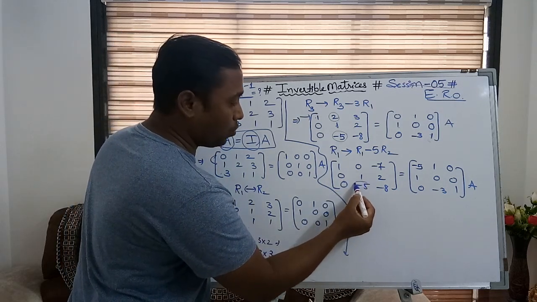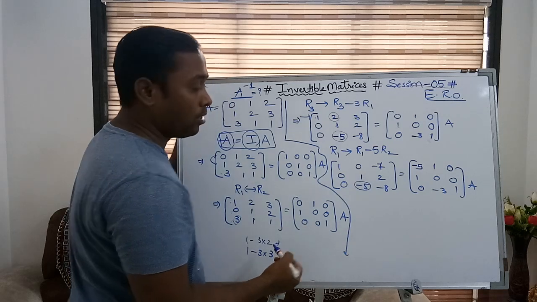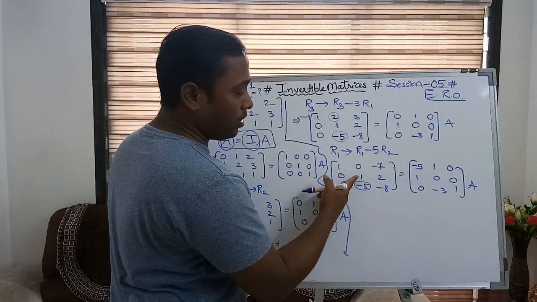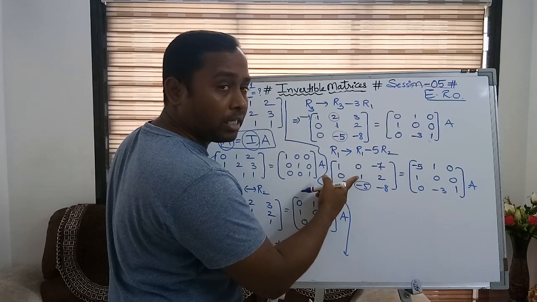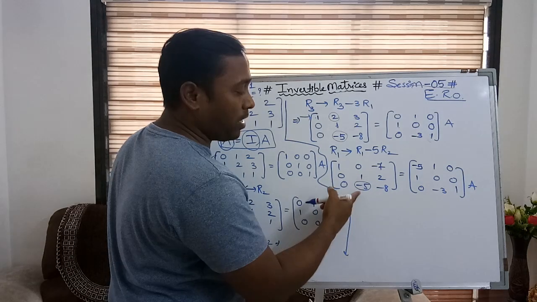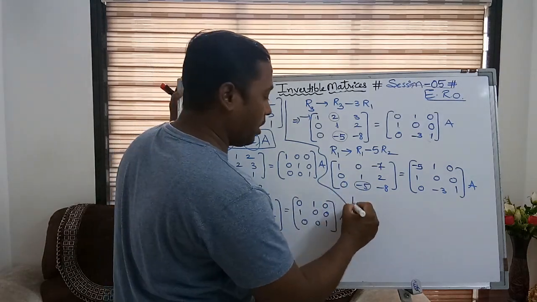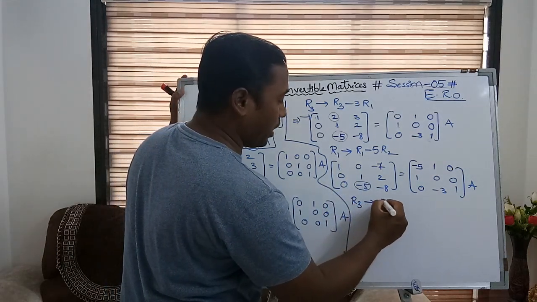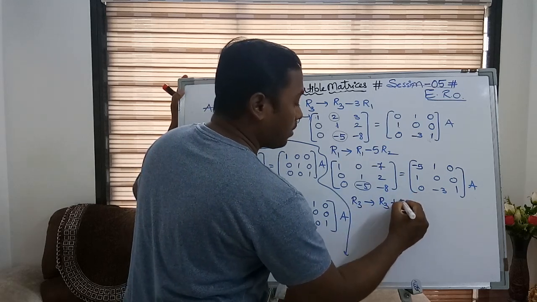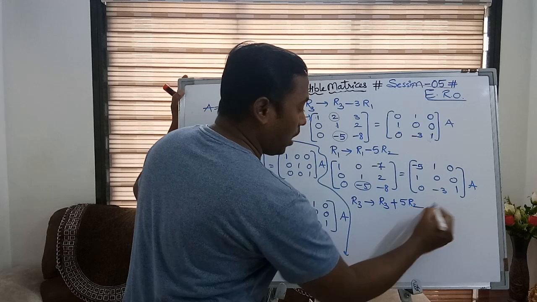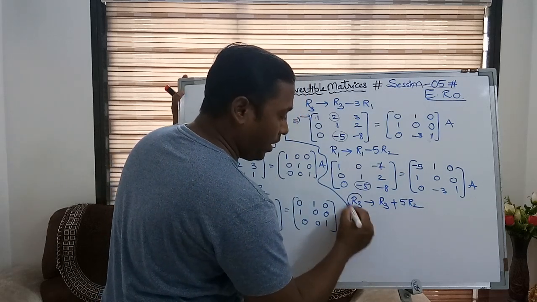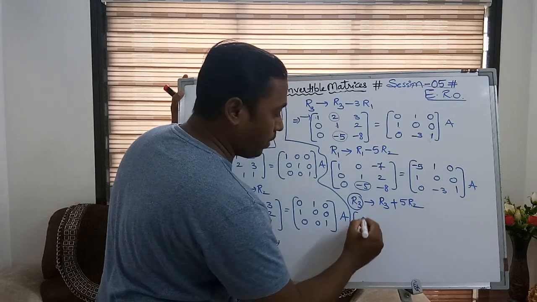Now my next target is to make this 0. So how can I make this 0 here? Simply again multiply this quantity. Multiply 1 by 5 and add it to this, then minus 5 plus 5 will be 0. So ultimately row 3 is going to change, that is R3 plus 5 times R2. So if I do that operation, R3 is going to change, and the rest of the rows will remain the same.